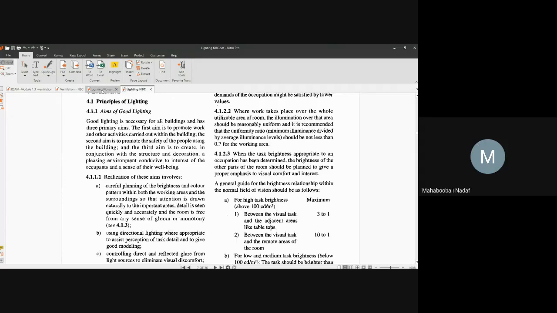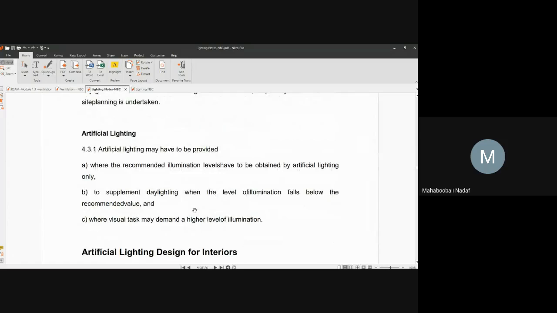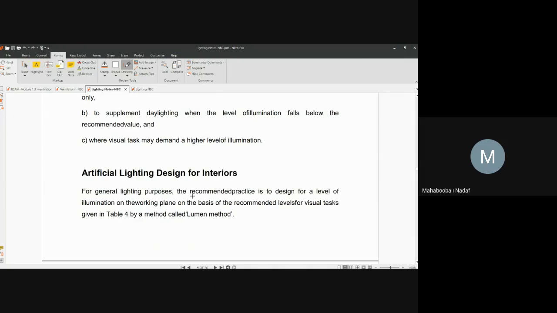Yes, sir. Okay, in the previous classes, we have started the discussion on lighting principles or design factors according to the NBC 2005. Now we will just go and complete this lighting. Very easy parameters are there. We need to just go through that. Now there are some points where you should decide what method to go for designing.